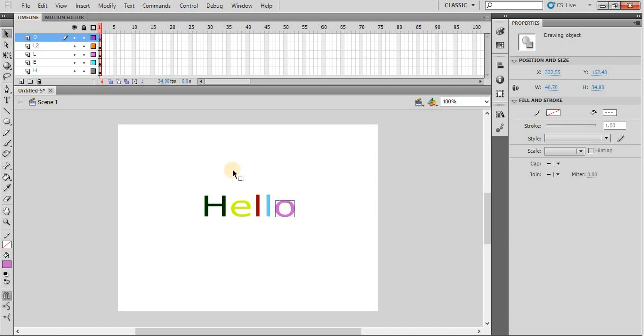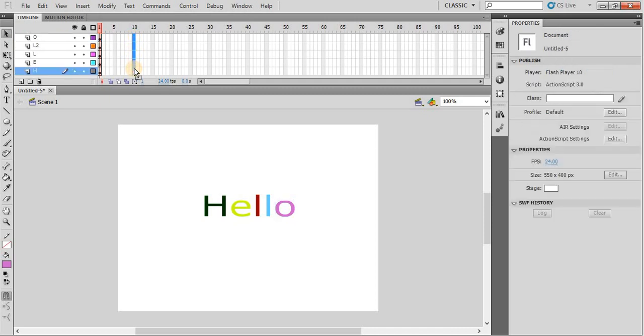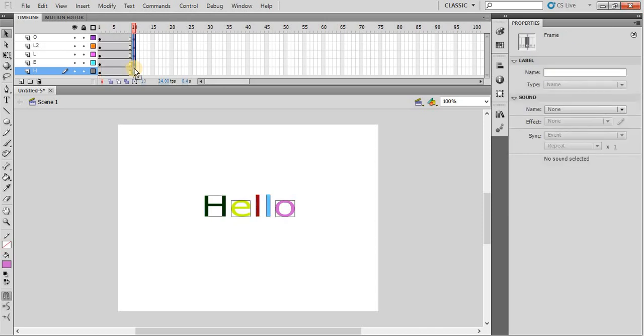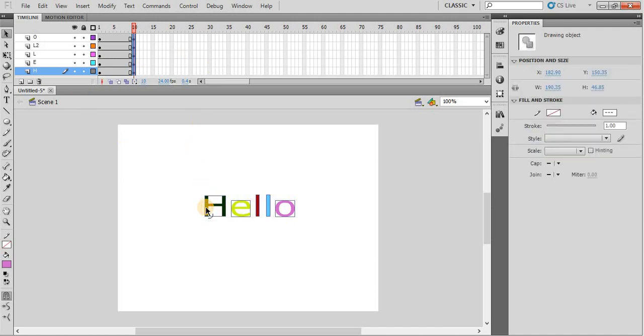Now what we have to do, at frame number 1 we want all these letters to be here in the center of the stage, and then at frame number 10, for example, select the 10 frames for all the layers by simply dragging the mouse button and then press F6 to insert the keyframes. So at frame number 10, the letter H,